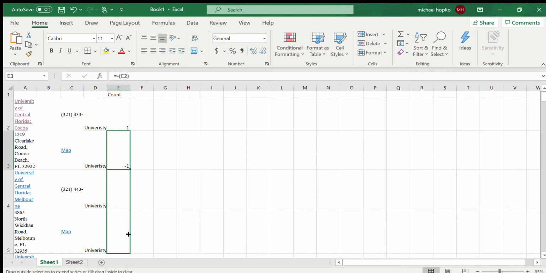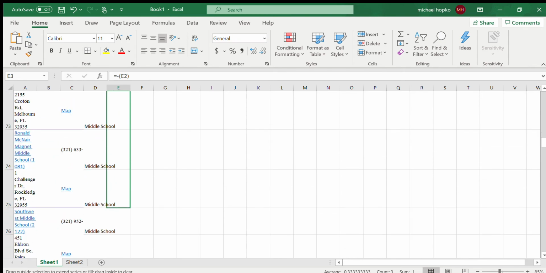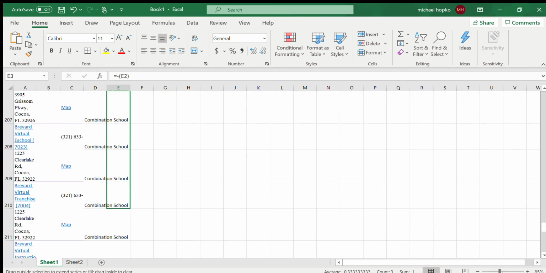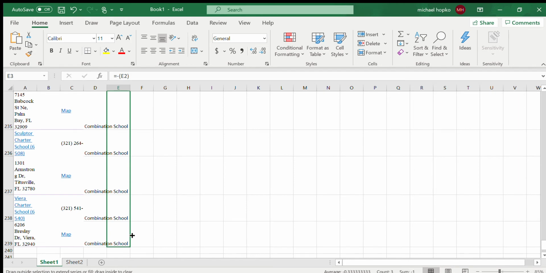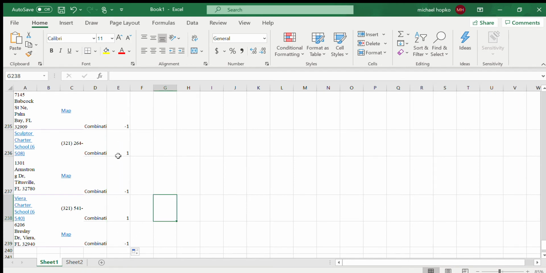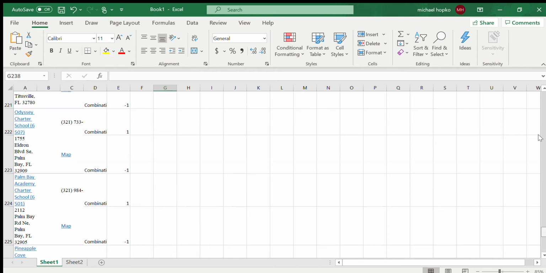So you can just drag a few to test it out, but these should alternate between 1 and -1, with 1 lying on the school name for each school. So you'll have to drag this all the way down to the bottom of your data, and make sure it's still alternating like it should.